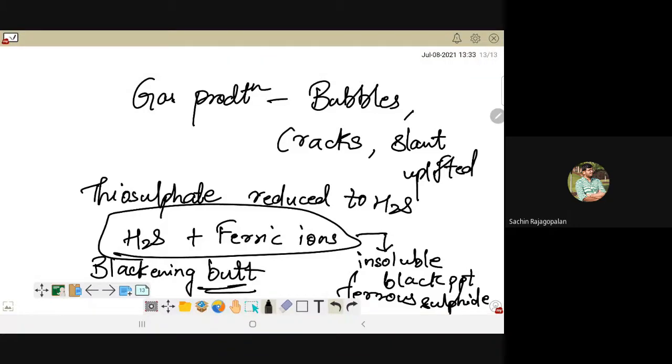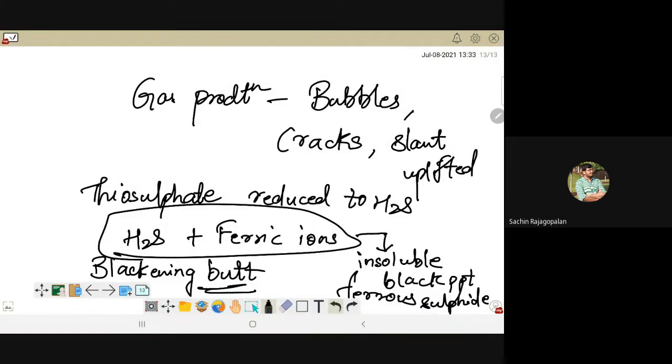Not before, not too late. Because if you look too late, that is also a problem. Like I discussed in the yellow case, yellow slant, yellow butt. If you incubate it further for a longer period of time, eventually the slant may start becoming red in color because all three sugars have been exhausted. So don't keep it for too long. 24 hours is the exact time period. Observe it within 18 to 24 hours, not before, not after.